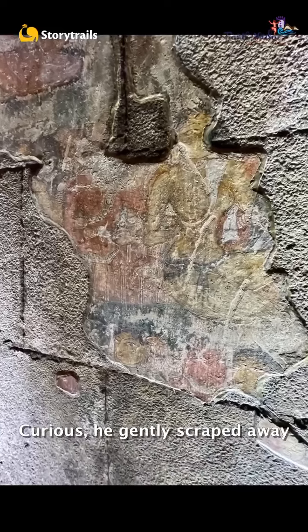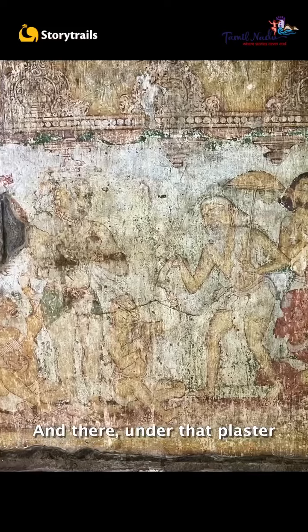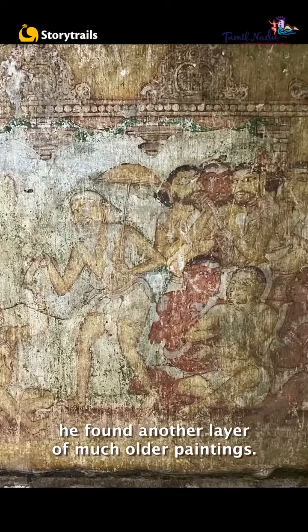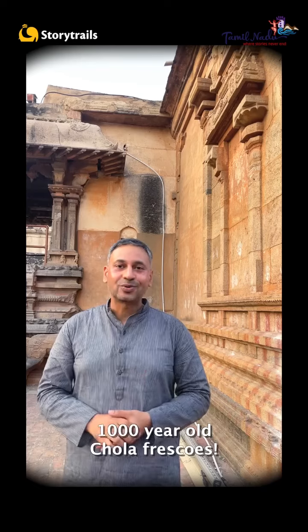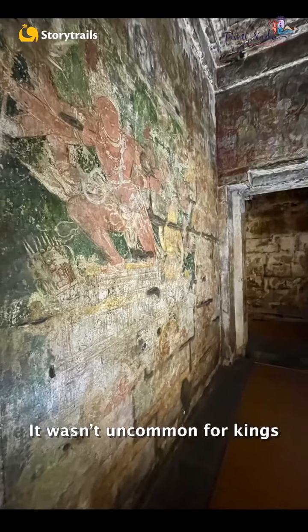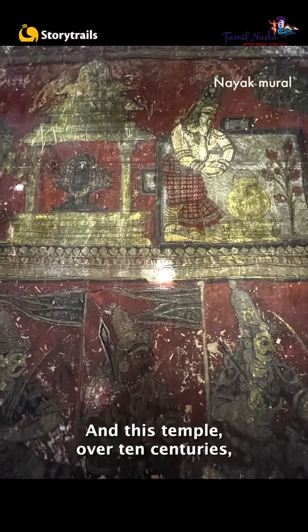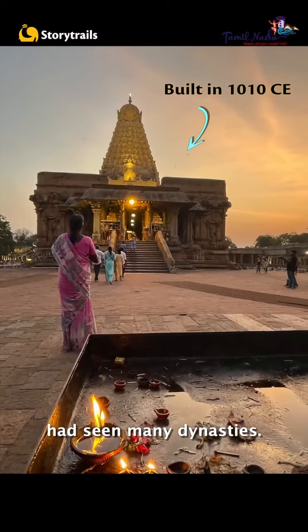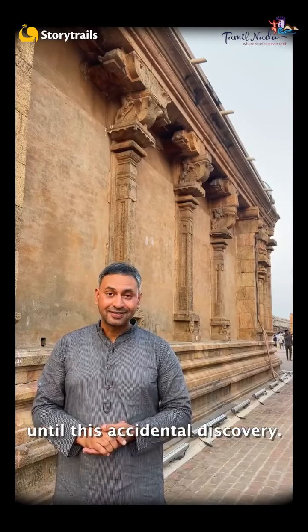in some places. Curious, he gently scraped away at some of that peeling plaster, and there under that plaster, he found another layer of much older paintings. Govindaswamy had just discovered 1,000-year-old Chola frescoes. It wasn't uncommon for kings to periodically paint over older fading murals. And this temple over 10 centuries had seen many dynasties, so no Chola mural had ever been found, until this